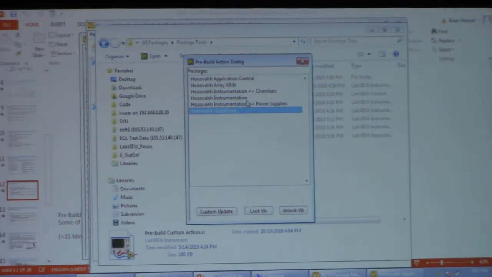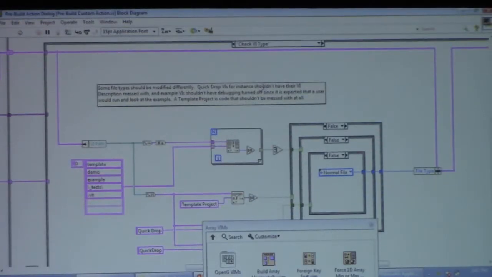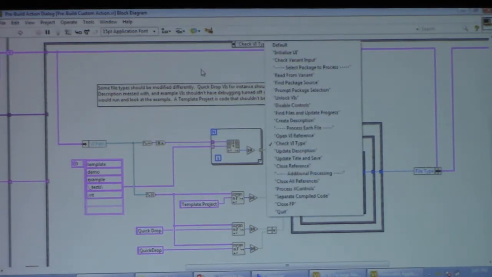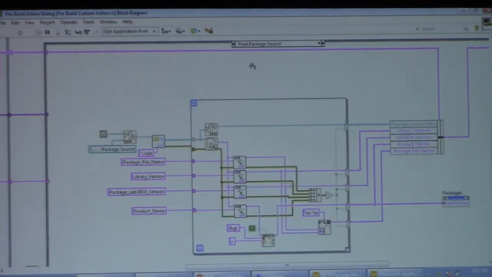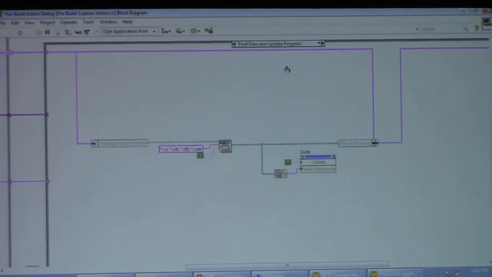So if you don't have the Pro, you can just run it yourself, right? I mean, it's saying, run a VI before I build. Well, I could do that if I have the free version. And so what does it do? Well, we have a state machine that doesn't fit quite as well on this resolution as I'd like. But you can go through and see all the various things that I do. But it's a lot of the stuff that I've already talked about where we're just figuring out what the package names are, if it's not passed to us, opening each VI,